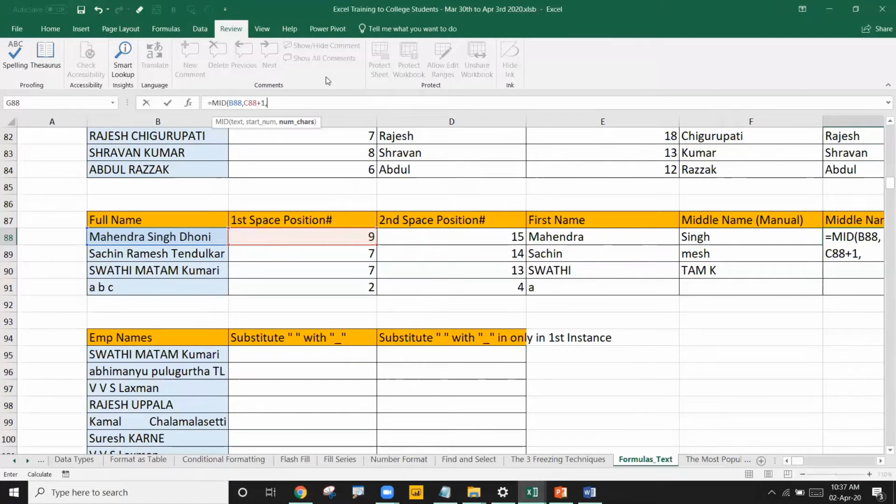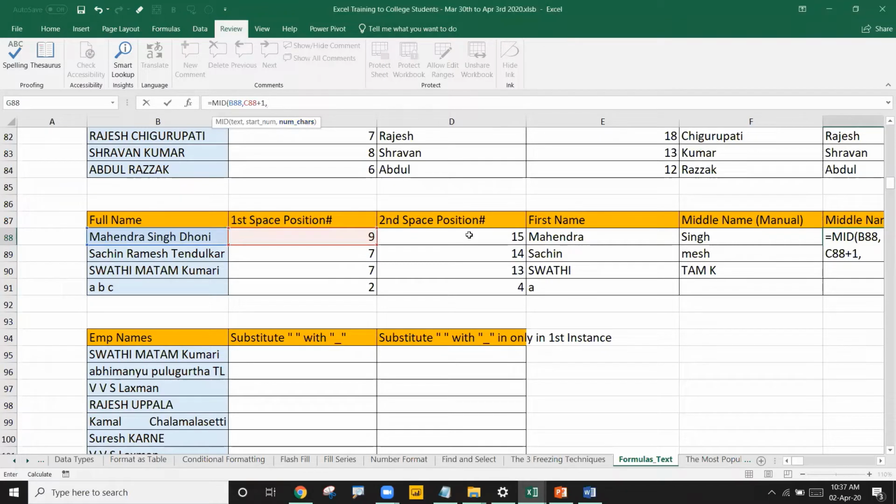I'm seeing some answers in the chat box: D2 minus 1, length, one more time. Okay. My question is how to find out the number of characters. Earlier for Singh we wrote 5, but for Ramesh we need to write 6. It should be dynamic, right?